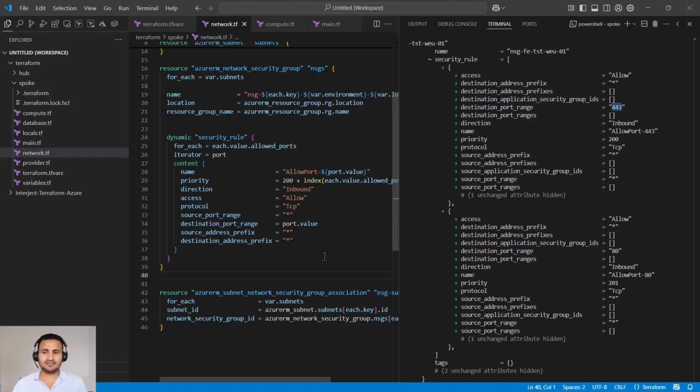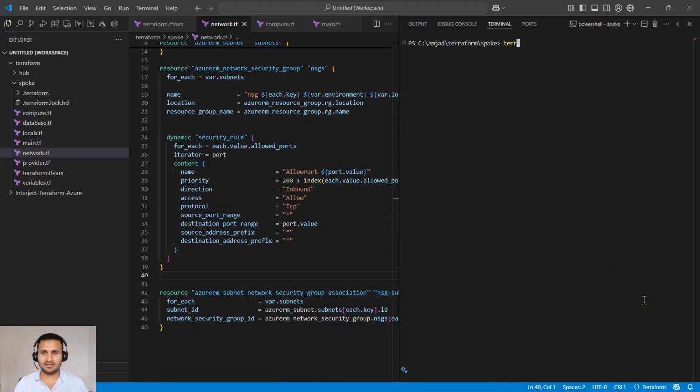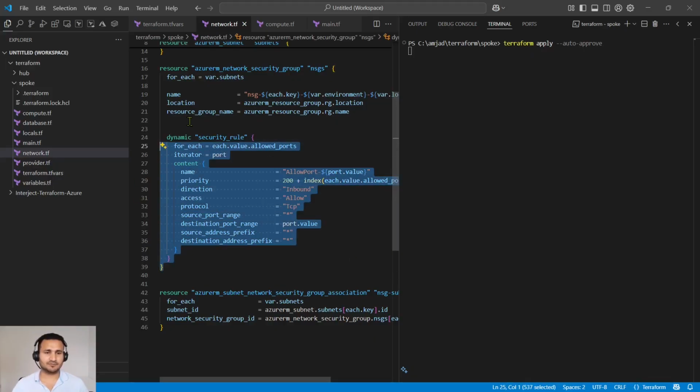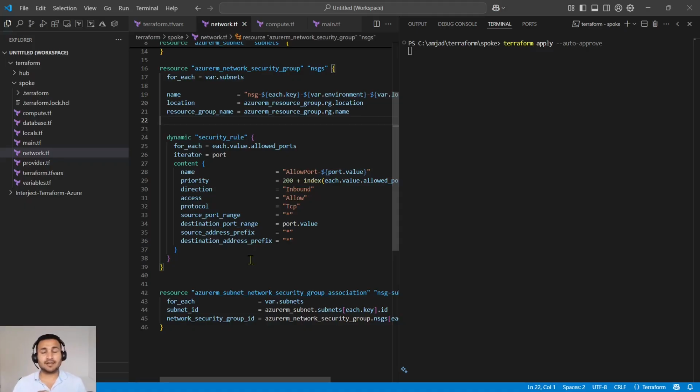443 should be 200 and then the 201. Let me just quickly apply it so we can see the output of the dynamic block. And this is basically how you can use the dynamic block. The dynamic block is very helpful to make your code more dynamic when you are using this